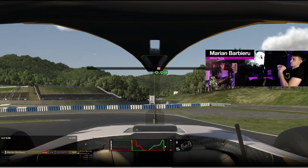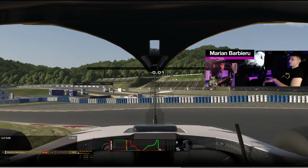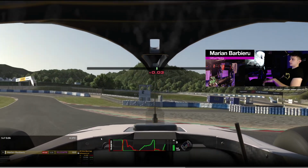And this is my reference for braking and turning. The moment that I'm reaching 100%, that's the moment in which I'm turning, braking, and apexing early in this corner. You want to apex early just because this track now goes downward and you go into a compression. You have a lot of grip and you can make the corner. So if you're gonna apex later, you will miss the turning point and you will have a lot of trouble on the exit. So apexing nice and early, trailing in the lower percentages, cutting here a lot, and then getting back